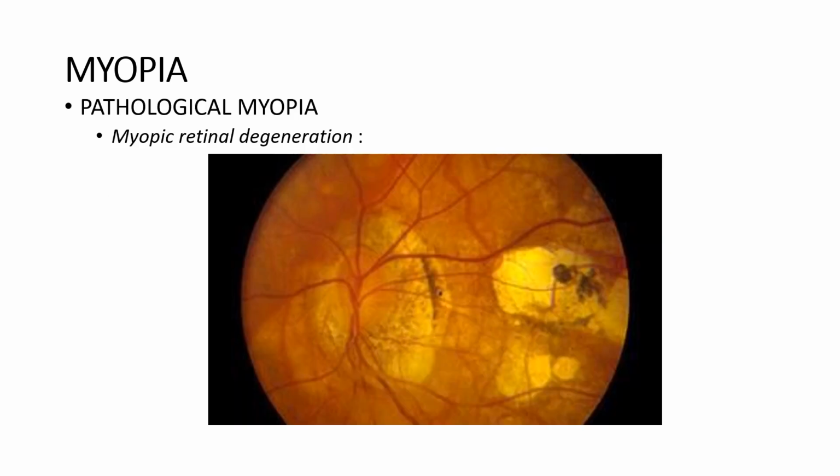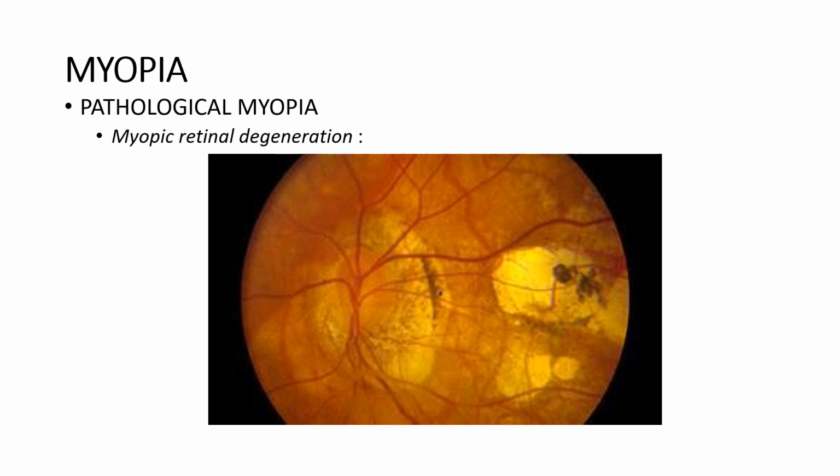Here is just a picture of pathological myopia. This is a patient's left eye, and we are now looking at the optic disc. Here is the optic nerve that goes to the brain. This area there is called peripapillary atrophy, which just means that the retina becomes atrophied around the optic disc. And then there's another area here